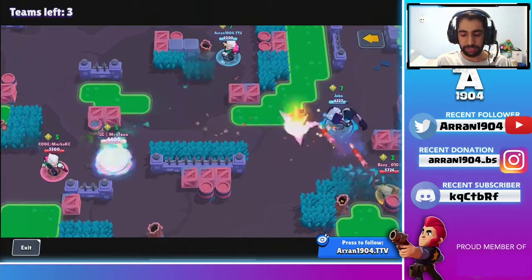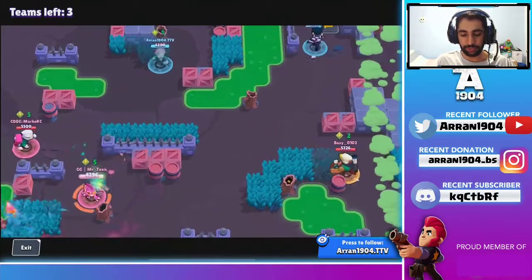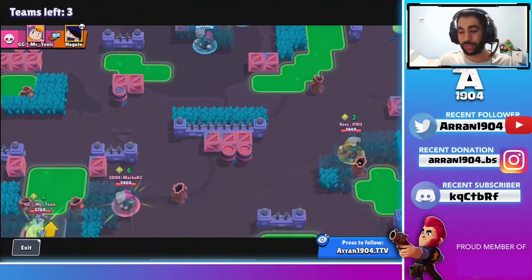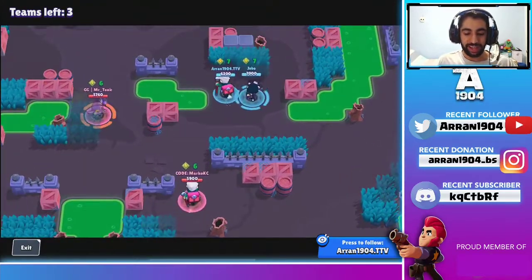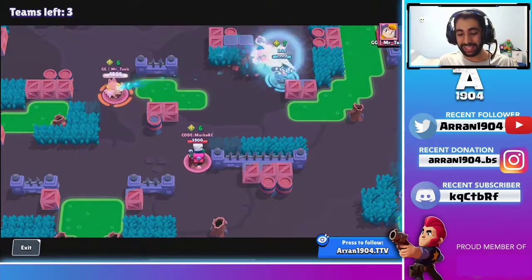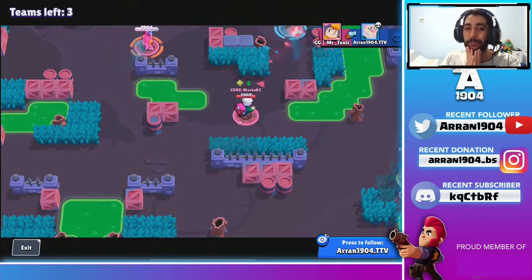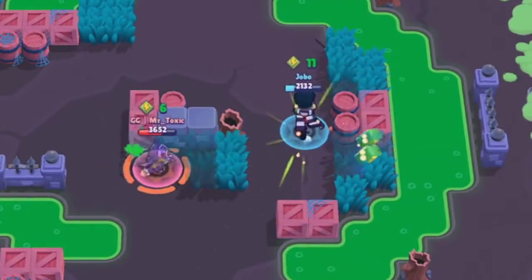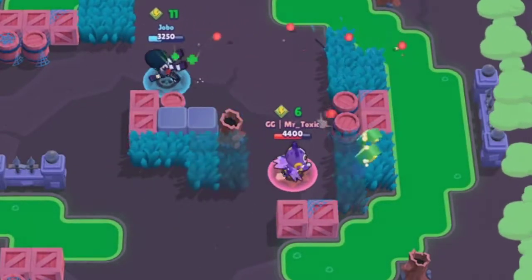Jobo takes the jump because it's a pretty easy kill. He decides not to go for it and just play it safe. Here I notice it's Mr. Toxic, and I'm like, okay, we need to play this carefully. And right here, he makes a jump, gets a hit, gets another hit. That must have been a max reach. Jobo plays this so well, survives against the Byron,